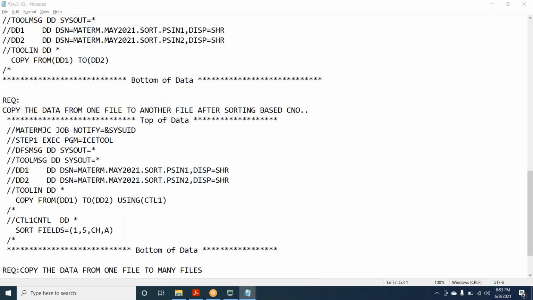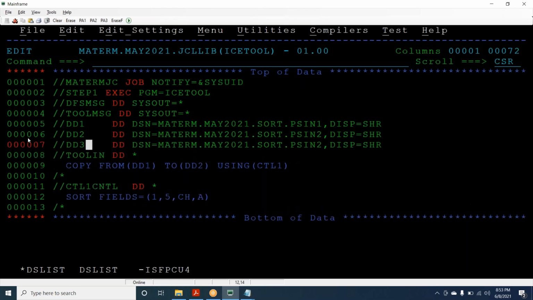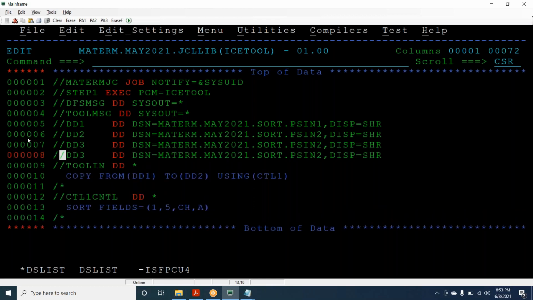Right. Now, how to copy the data from one file to many files? It's a very simple thing. 3, 4. We can copy, I guess, a maximum of 10 files. SYSOUT equals star. I am redirecting output to the spool instead of redirecting to a file.